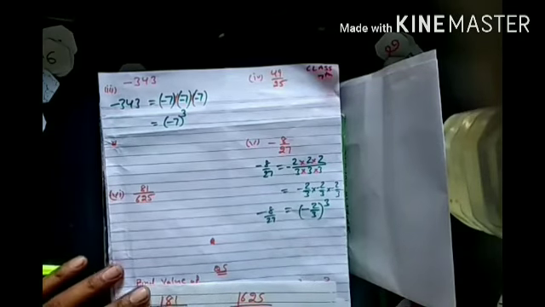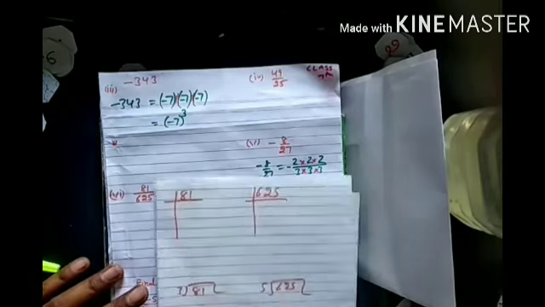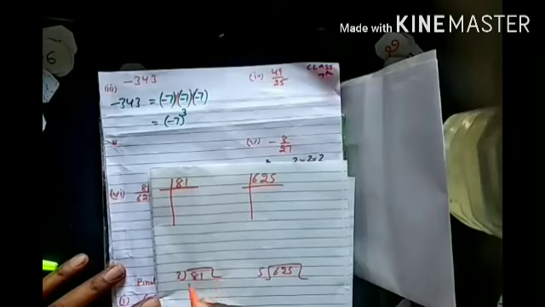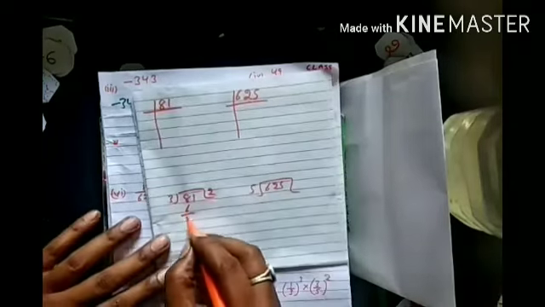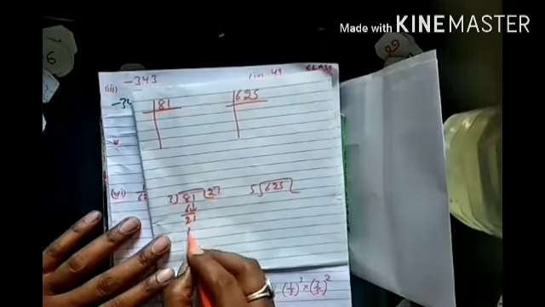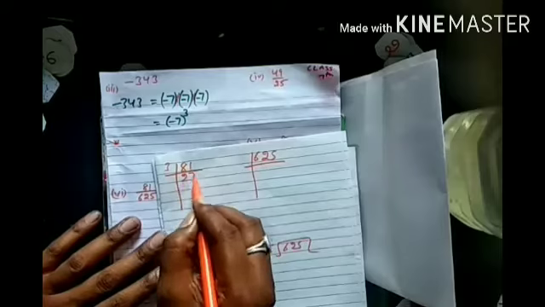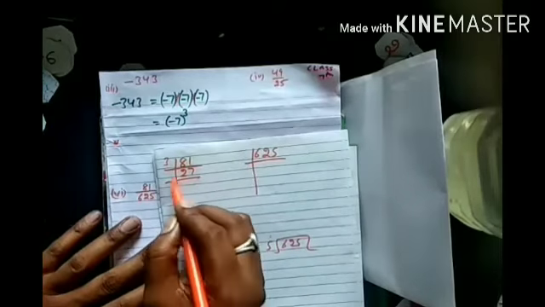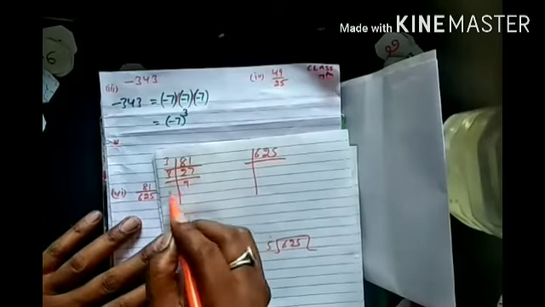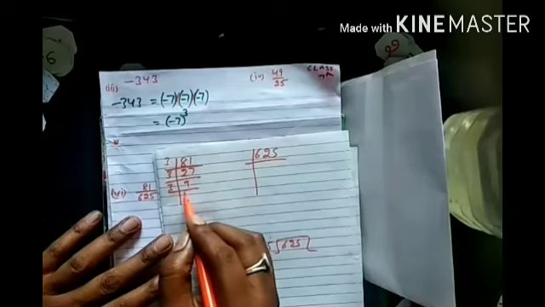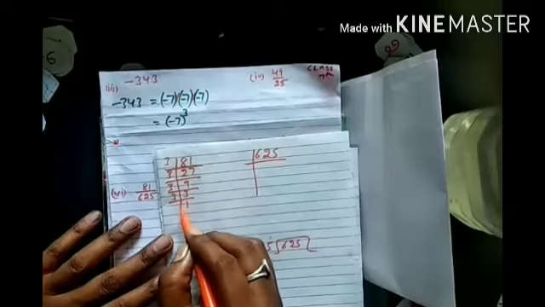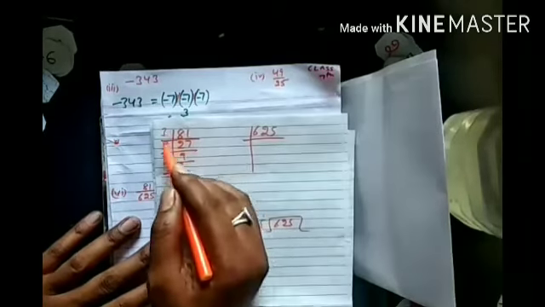Okay. Now the number 81, 8 plus 1, that is 9. 9 is divisible by 3. So I will divide 81 by 3 in the rough work in order to find the prime factorization. If I divide 81 by 3, then I will get 27. Now this is a very small number. If I divide this, then 9. If I divide 9 by 3, then 3, and 3 divided by 3, that is 1. Okay. Now 81 can be written as the product of